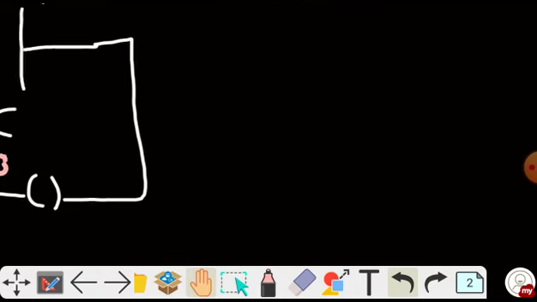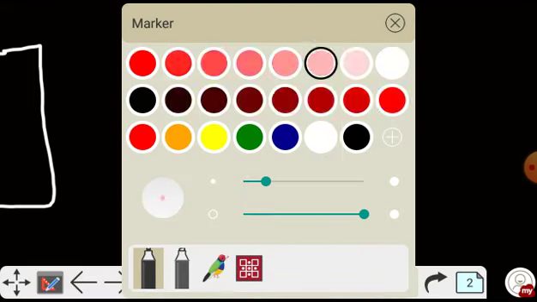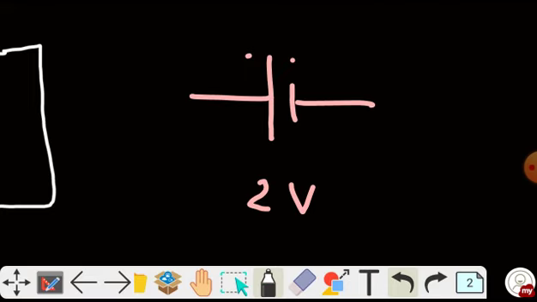Suppose you are given a battery, and let's say the EMF of the battery is 2 volt. Not potential difference, EMF is 2 volt. This 2 volt is basically the potential difference between both the plates. It is not the potential of a single plate, it is the difference of potential between both the plates. We don't know exactly what the potential of each plate is, so you can assume the potential of each plate as per your choice. Suppose someone wants to take the potential of the positive plate as 2 volt, then of course the potential of the negative plate will be 0, because the difference would be 2.